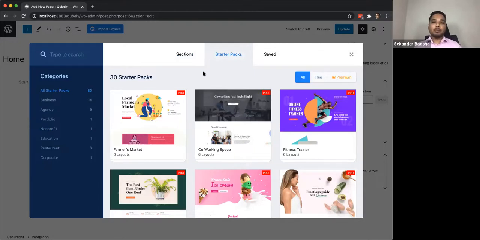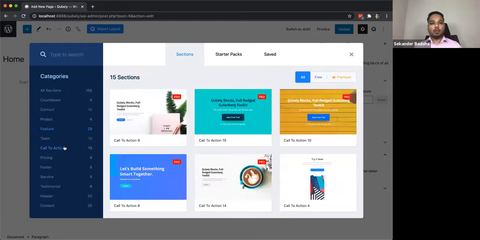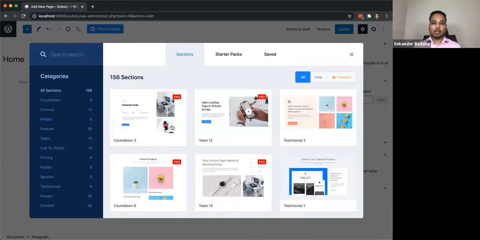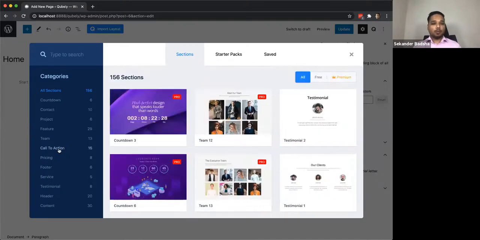So as I'll be building a page from scratch, I'll be using sections, and the first part usually is done from the call to action or from a different section called feature or a different section called project. So you can start with anyone you want or anyone you like. You can just go through the designs and filter them, or you can go to all sections and scroll and see which one fits your case best. So I will pick one from the call to action,